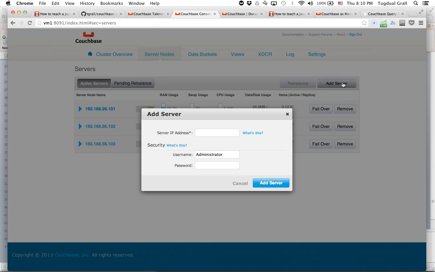If I want to add a new node to the cluster, just click here, add some nodes, no impact on the application performance. This is not the case of all the NoSQL engines. So don't look only as a developer, look at it as a system administrator, and monitoring, backup and restore, and so on.